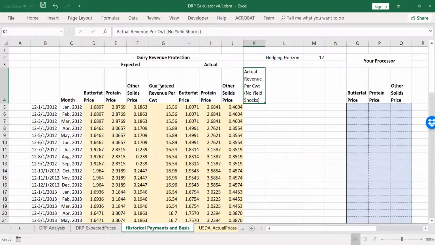We don't actually know what the actual revenue per hundredweight would be under DRP if we don't know what the yields are and the yield adjustment factor. But to keep it simple, we can do this analysis. We of course don't know the expected yields as well. We can do this analysis just by working with prices. So same as before,